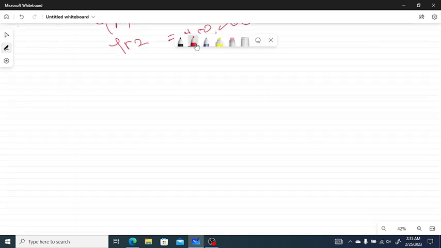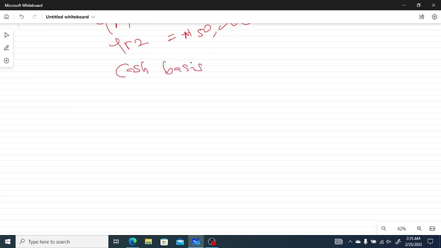Then the next thing is let's go to our cash basis. What is cash basis? Under cash basis, accounting recognizes transactions in the period in which cash receipts and payments occur, and revenue from sales and other income will be reported in the periods when the cash is received, which might be in a later period than when the income arose. What this means is all the transactions,